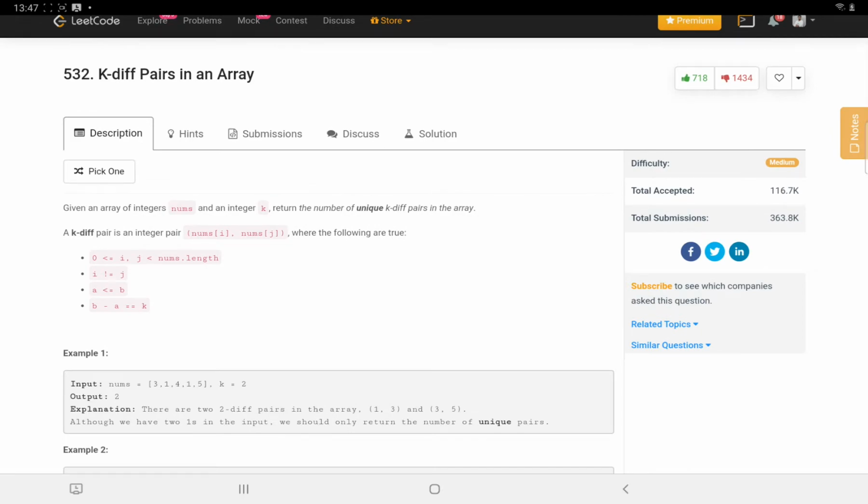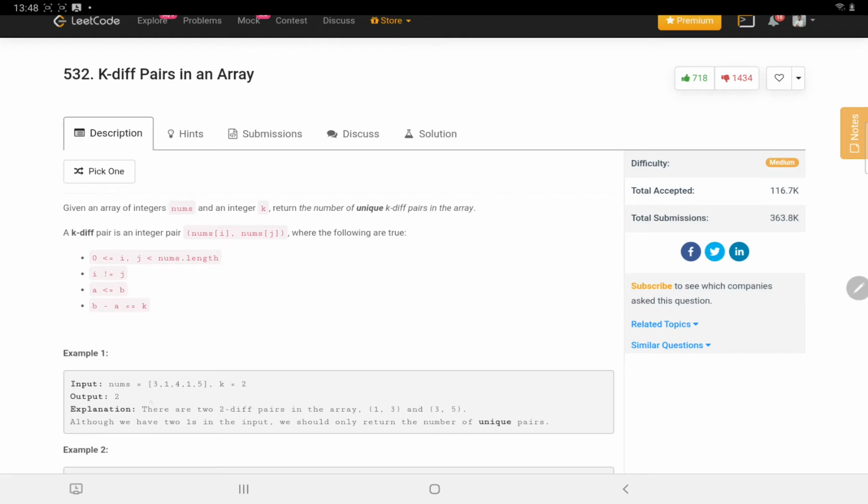So what they are saying here is we will be given two inputs. One is the number array of integers. Another one is the integer value, that's basically the difference. We need to traverse through the number array and identify all the pairs. Pairs will contain only two numbers, and we need to check, if we pick one pair, 3 and 1, the difference of these two values. If I see the difference is equal to k, then that means I found one pair. I will increment my counter by 1. So basically we need to identify how many possible pairs are present in this input array.